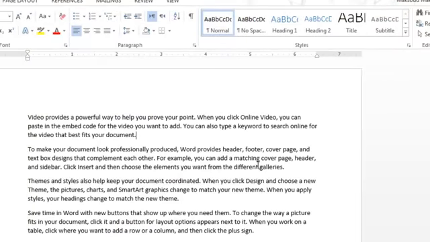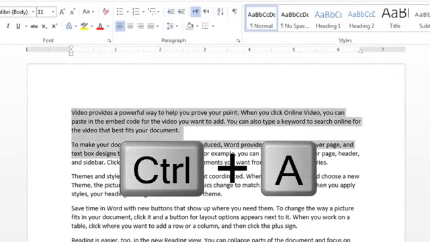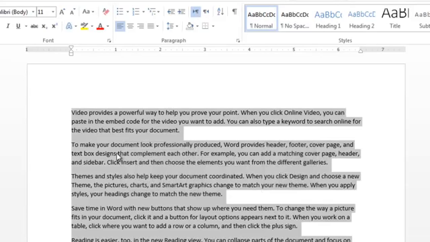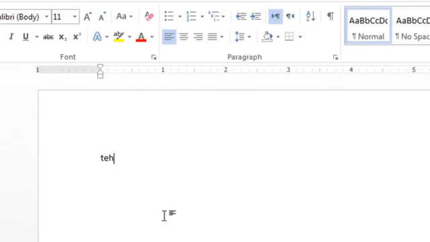Look, when I go to this document here, I will select. By the way, when you need to select the entire document, you can just press Ctrl A, right? That will select everything. Ctrl A on the keyboard and then press on delete key. So now let's make a mistake. TEH, right? I am trying to type THE. So once I press space, look what happened. Microsoft auto-corrected